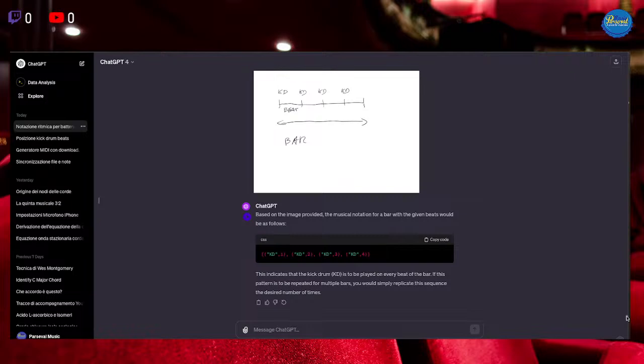The first one stands for kick drum, and it's meant to be the piece of the drum kit that is currently played, and the second number is simply the beat in the bar.